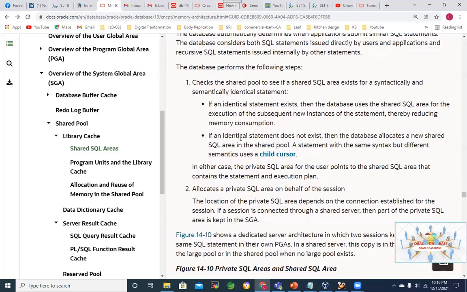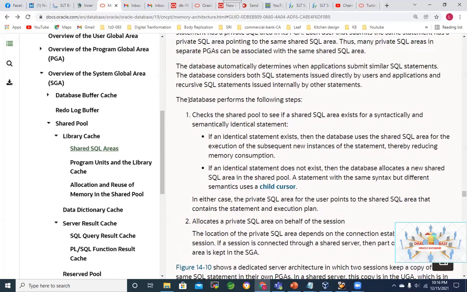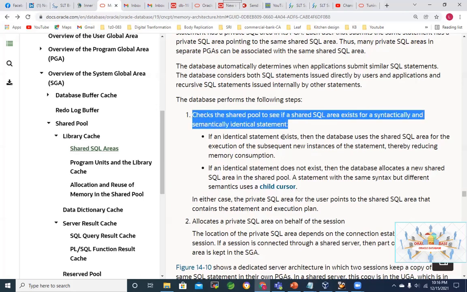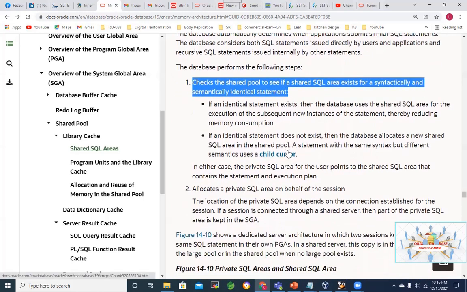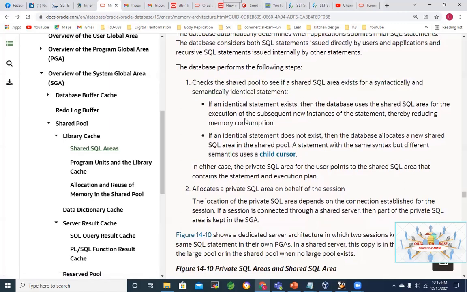If we slowly read this one: it checks the shared pool to see if a shared SQL area exists for the statement, syntactically and semantically. An example is select star from employee, which is semantically and syntactically identical.